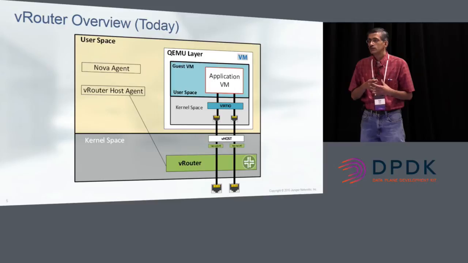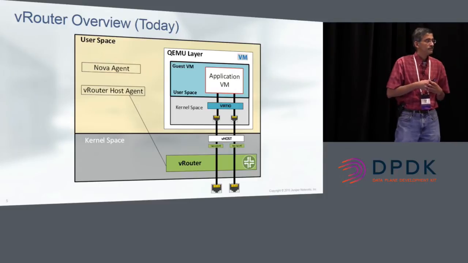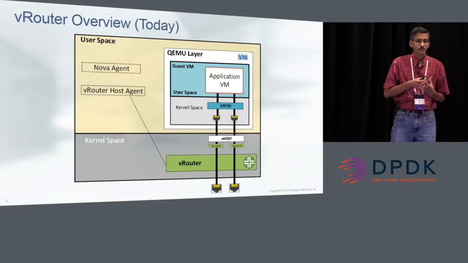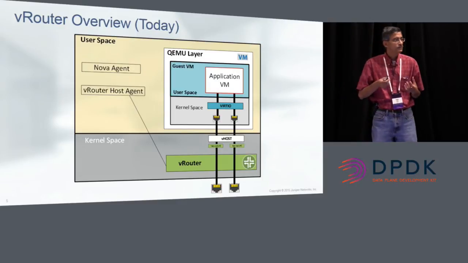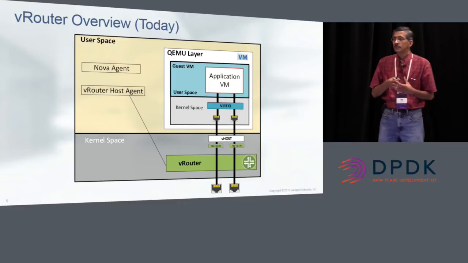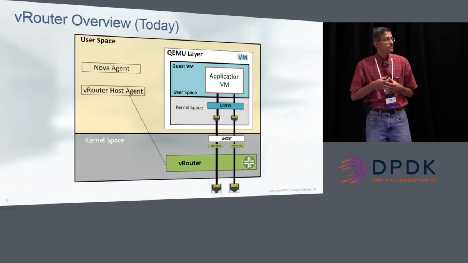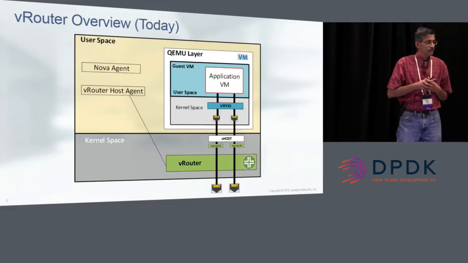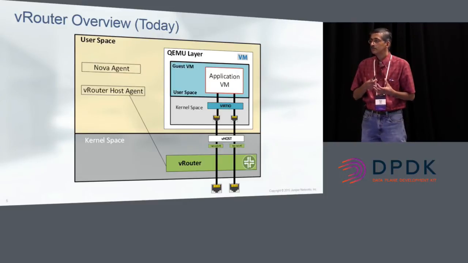But where it falls short is for network functions virtualization. So if the application running inside the VM is a packet processing application, for example, a firewall or a load balancer or things like that, the number of packets per second that we can push through the kernel module is quite small. For example, between two VMs running on different servers going through vRouter in the kernel, we are not able to get more than 500,000 packets per second, which is quite small. And that was one of our main motivations for moving to DPDK, to support VNFs running inside VMs, which need to handle a large number of packets per second.